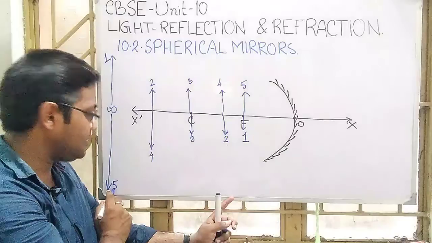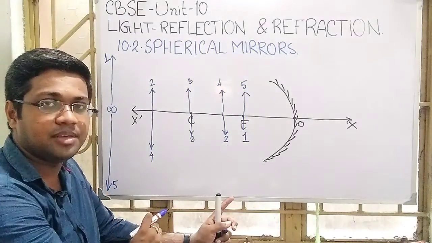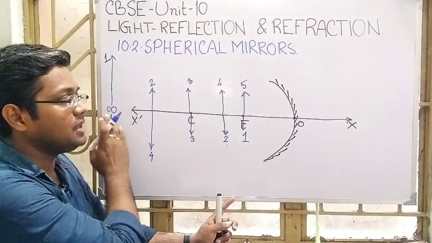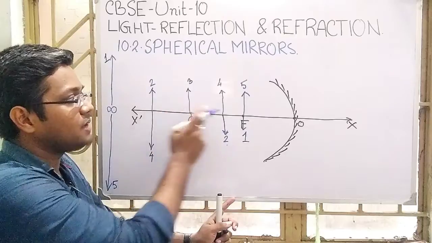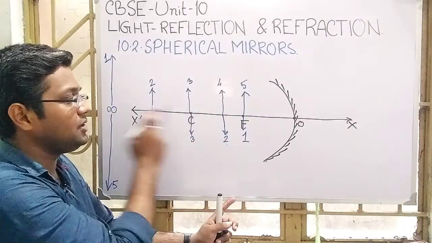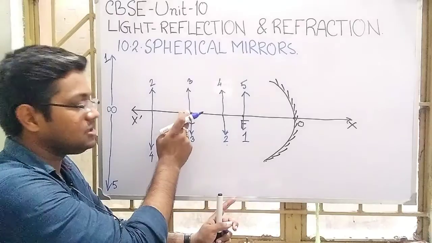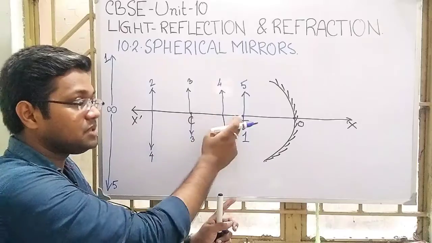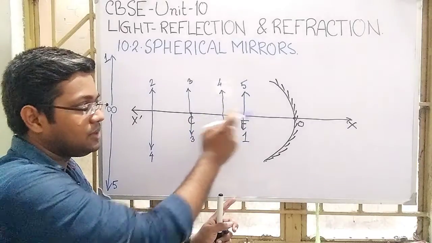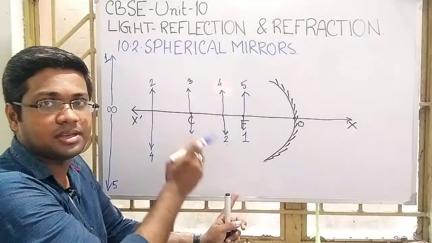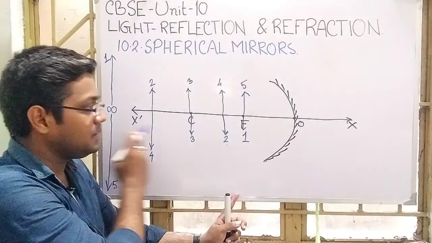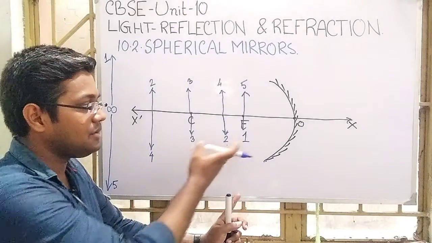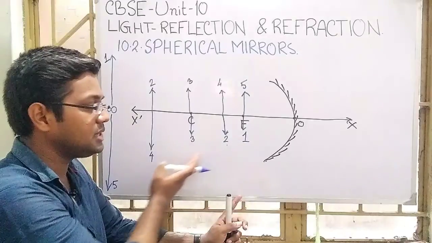But the image 5 is greater than that of the image 4. So these are all real images. If we place the object at these 5 positions, that is infinity, the center of curvature, in between infinity and the center of curvature, in between the center of curvature and the focus, that is position 4, and the focus, that is position 5, in all of the cases the image will be like this. The images are real, inverted, and we can see the size of the image is continuously increasing.